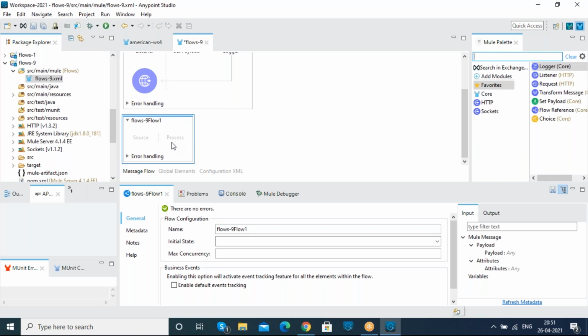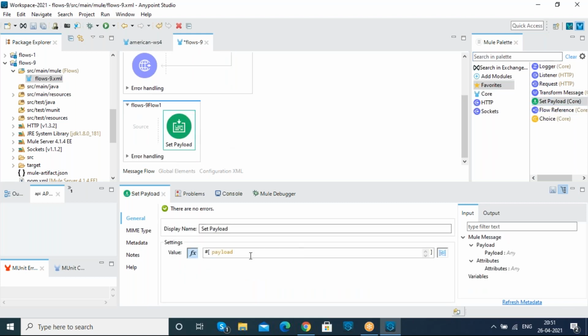So what is the difference between the main flow and private flow? In a private flow, we will have the source message and message processor in it, but we are not going to use the source message. We will only use the message processor. Then we call it a private flow. For example, if I drag and drop the set payload connector in the message processor and name it private flow, here we are just using the message processor and we are not going to use the source message. That means we won't be able to request anything from this private flow, because we are not using the source message.